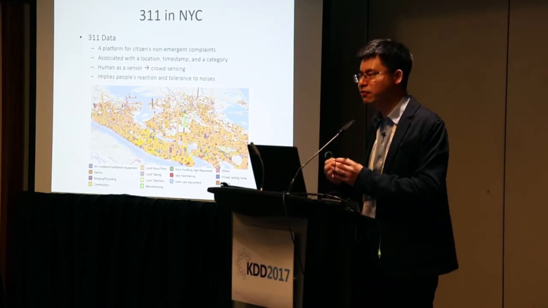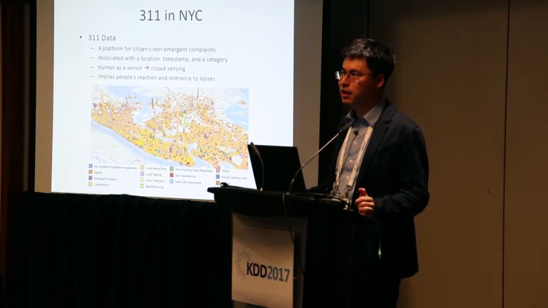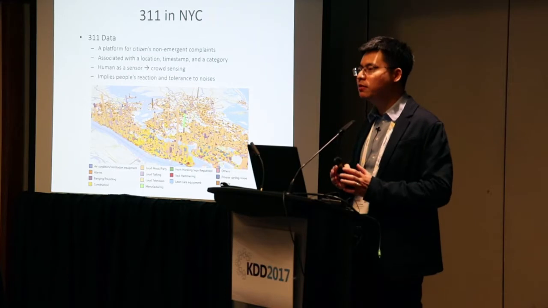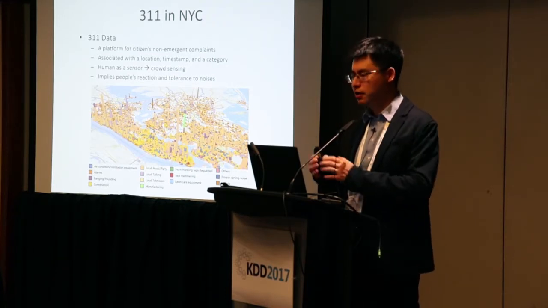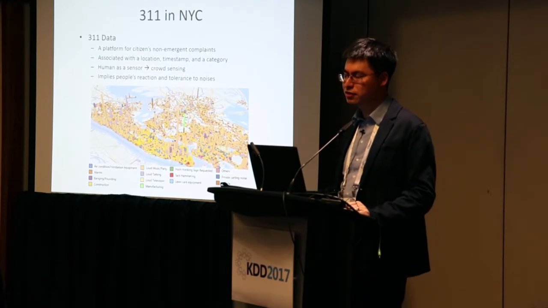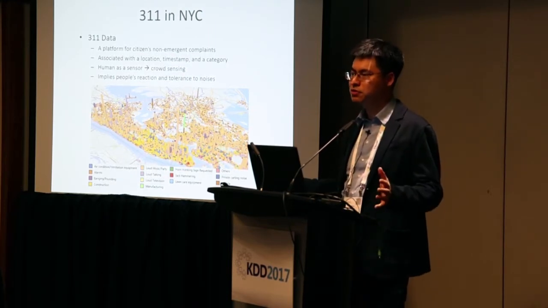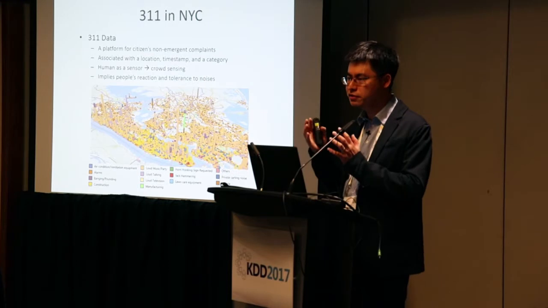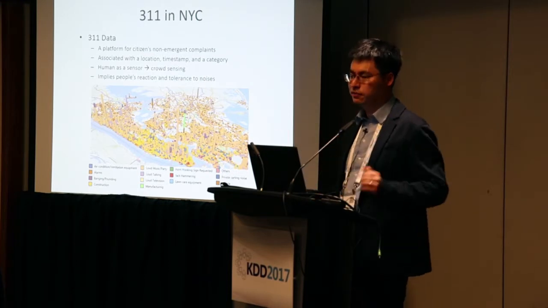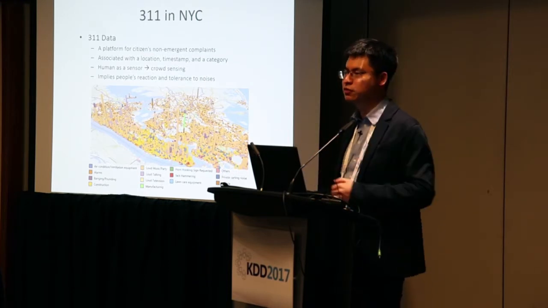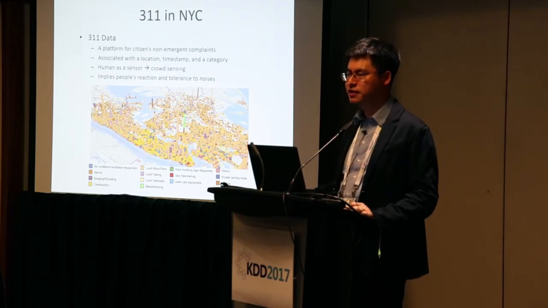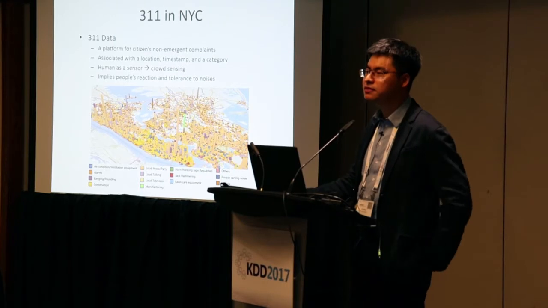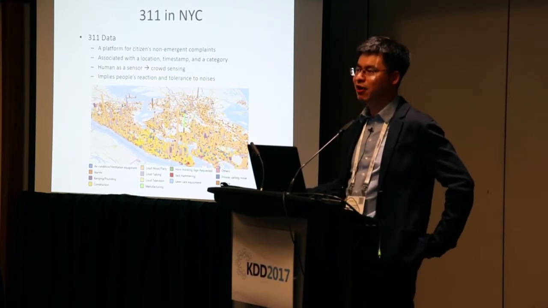For example, if we receive 100 calls in the past year, and among the 100 calls, there are 50 calls about traffic noise, 30 about construction, and 20 about music, then the composition of noise could be traffic versus construction versus music, 5 versus 3 versus 2, right? So this seems to be a very good data set, but this data set was called a rubbish data set